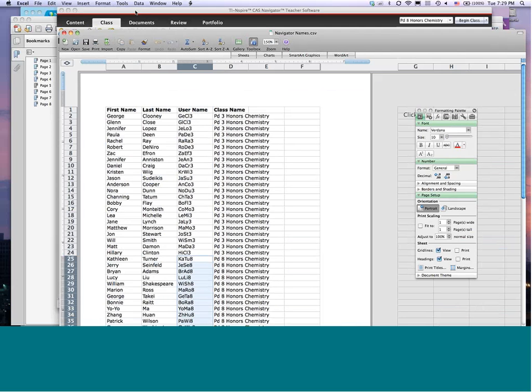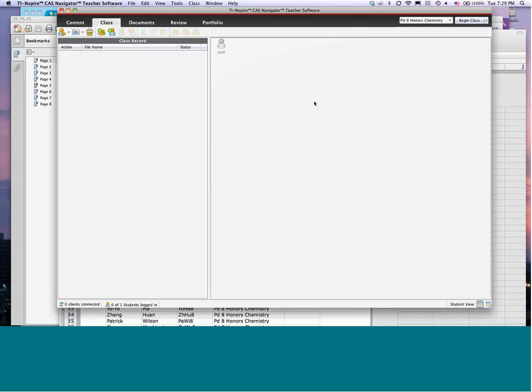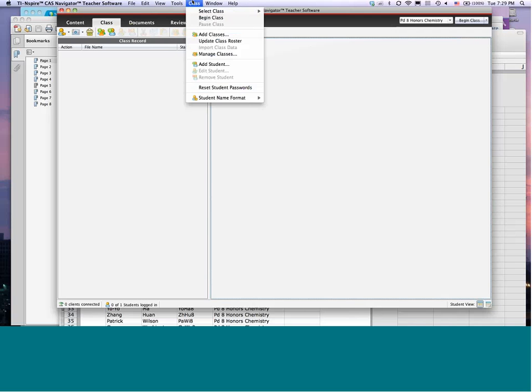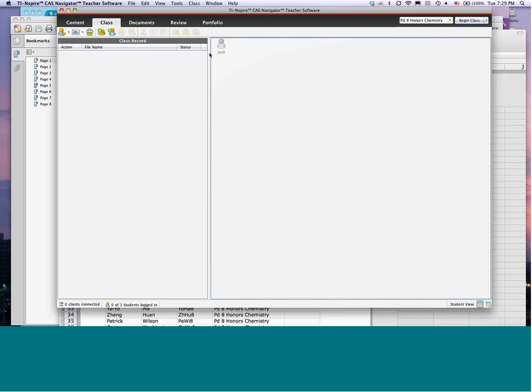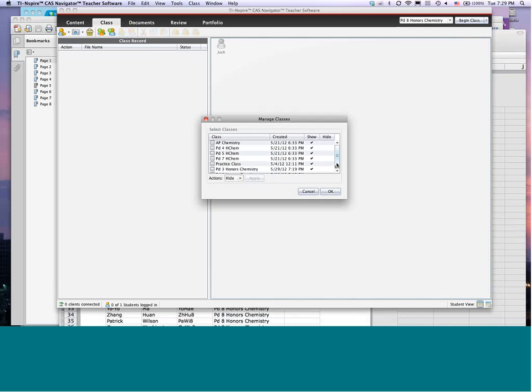Okay, so we've created that file. Now we're going to go back here into the software, and we're going to do a little bit of importing. Now remember, I'm going to show you this next thing. When I told you I made that mistake and I had created many different classes, there is a way to actually remove all that information. When you're in the class tab, you can go up to the class choice at the top and select Manage Classes. What I want to do right now is actually delete those 2 courses I had just created,